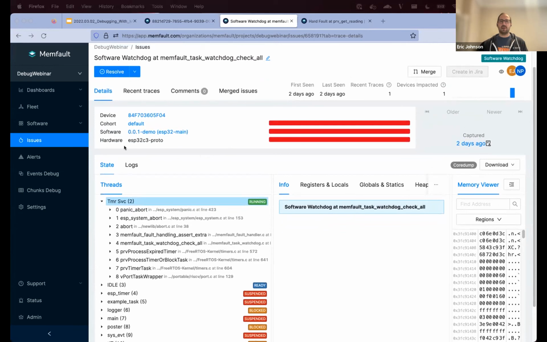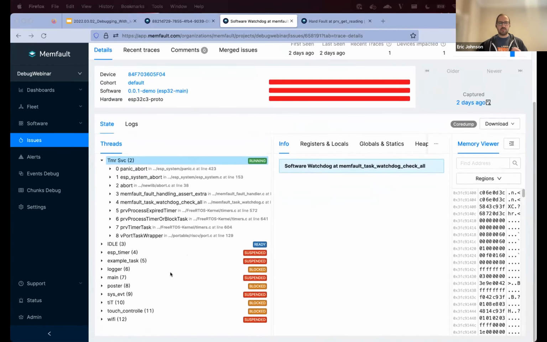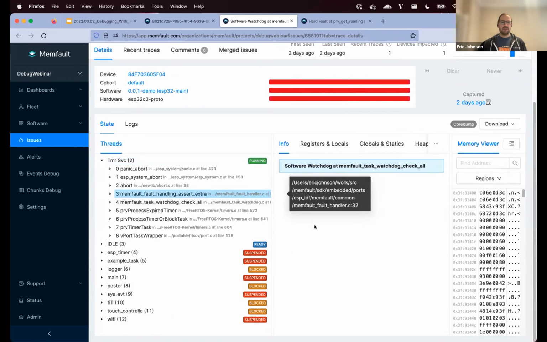core dump that we have, one thing I'd like to highlight is that we just added RISC-V support. And so we support RISC-V on the ESP32-C3. That's where this core dump was captured from. Since we are focusing on the task watchdog in this example, let's focus on our threads or tasks. We can see that we have our timer service, which is our task watchdog here, and we've caught an assert. So that's great. We know that our task watchdog fired, and one of the tasks in our list was blocked